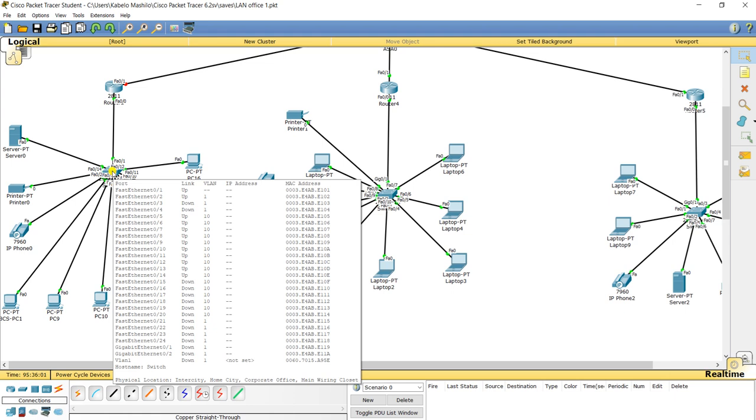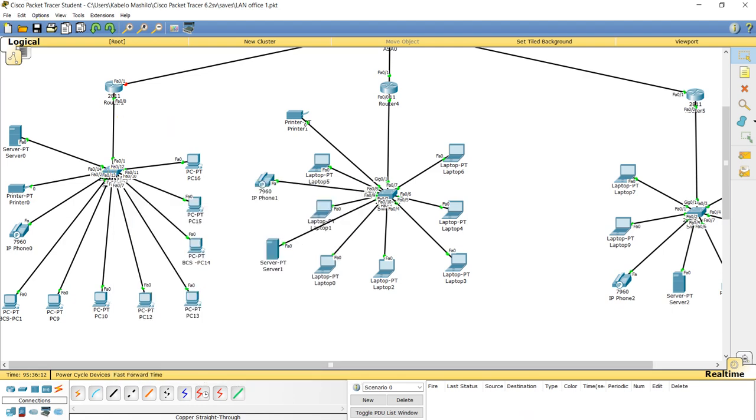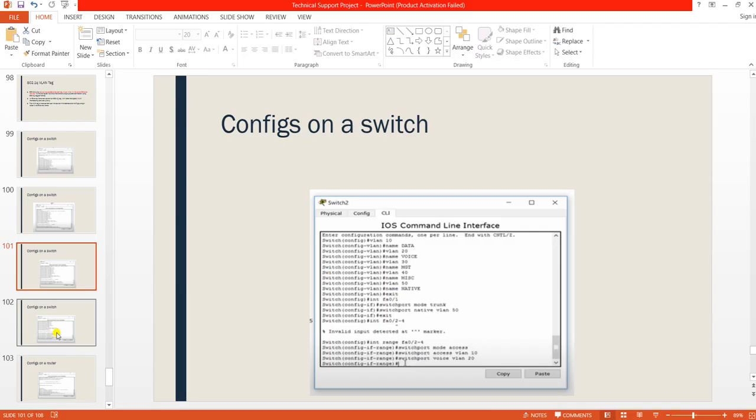Okay, VLAN on. At least there's something. Okay, I'm happy. So on the changes that you need to do on the router,